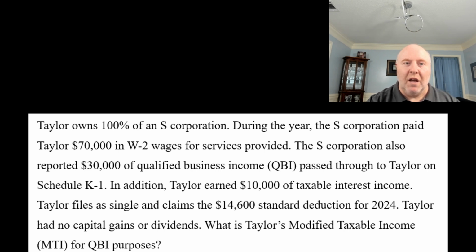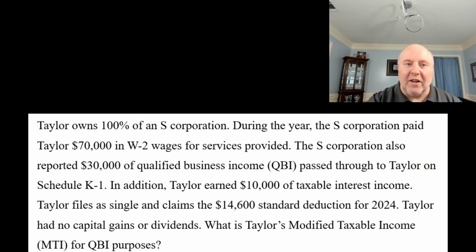All right. Let's see. We have, in addition, Taylor earned $10,000 in taxable interest income. Interest income is also taxed as ordinary income, right? It's taxed at our ordinary rates. If it's taxed at our ordinary rates, we need to go ahead and include that as well. Okay, so now we've got our 70 plus 30 plus 10. It's going to give us